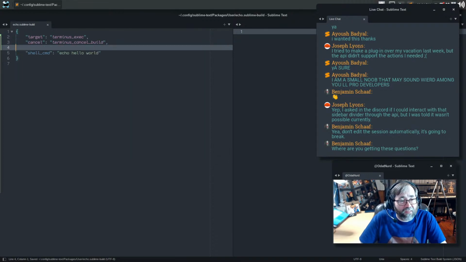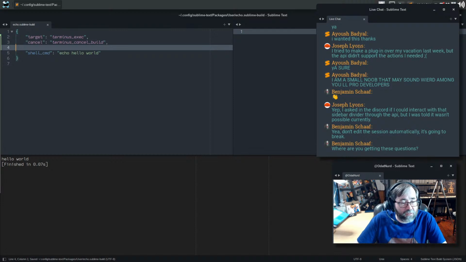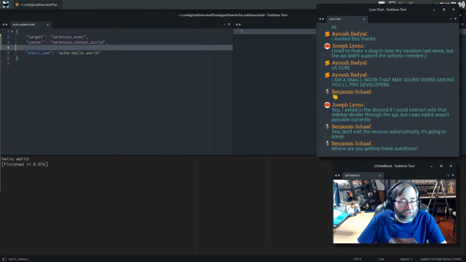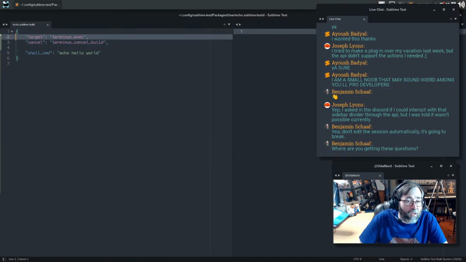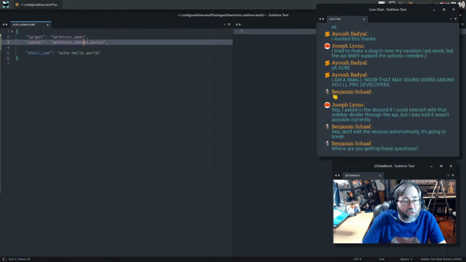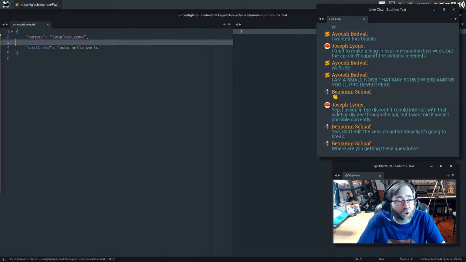If you did something like this, then every time you run the build, you get a Terminus panel. And because Terminus is running in a panel, it's going to recreate that panel every single time. It doesn't seem like it is because it always takes 0.07 seconds for something like this, but it is recreating that panel each time. If you wanted to have your build running in a tab instead of in a panel at the bottom of the window, then you need to use terminus_open instead, and don't include a cancel because it's not going to be called.